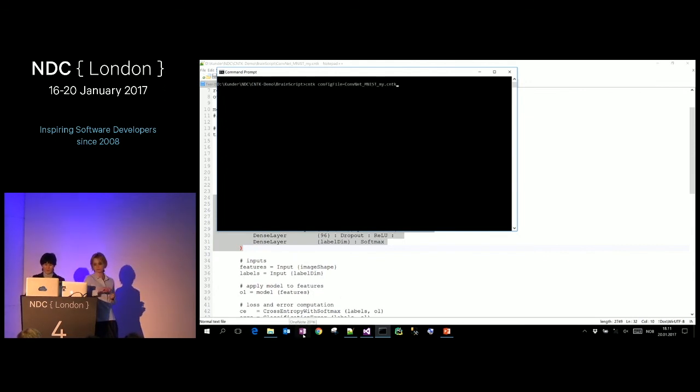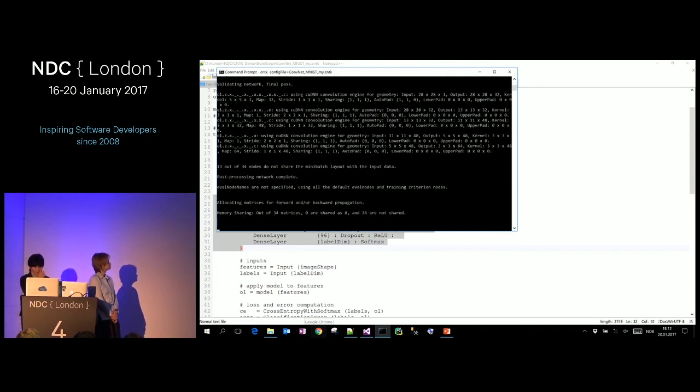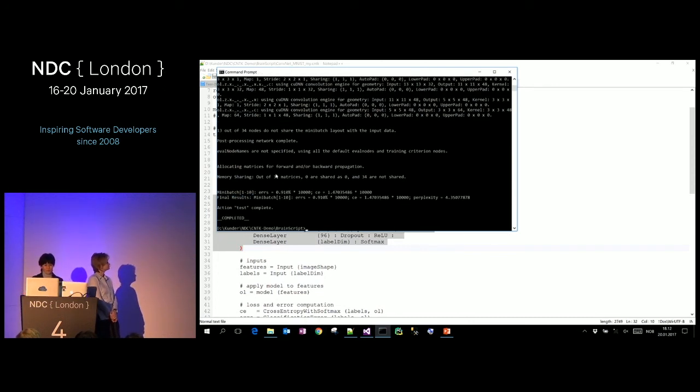So to run my network, all I need to type is... To train, you mean? Yeah, to train my network. I need CNTK, and then I specify the config file. Of course, you need to install CNTK on your machine as a framework, but that's not complicated at all. I have it installed, so I will not go through it. Then I run it. In my case, I already ran it before, so my network is trained, so it will skip the training process because it understands I already have a model, so it will just validate it. So it has completed the test.